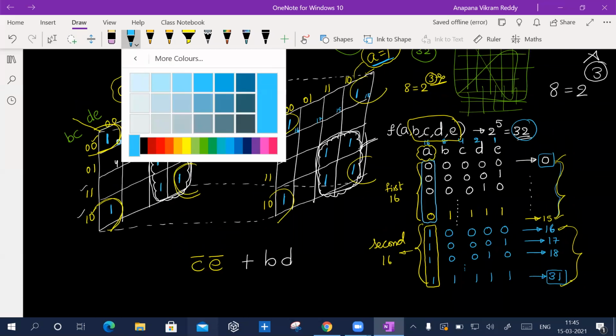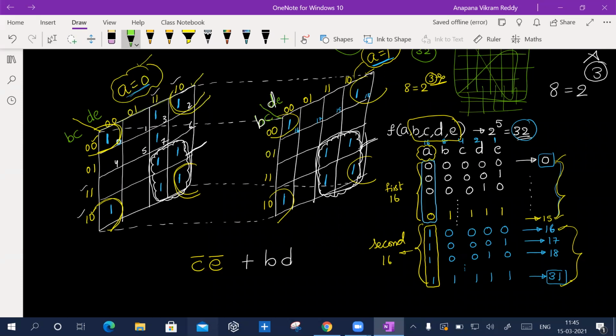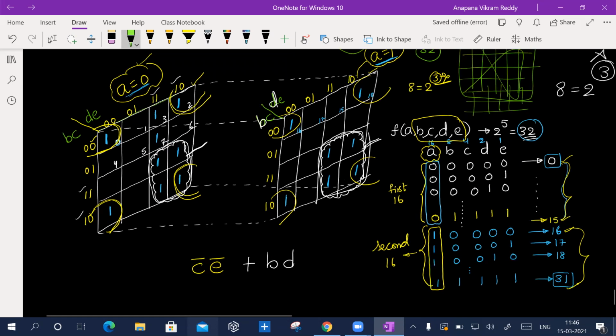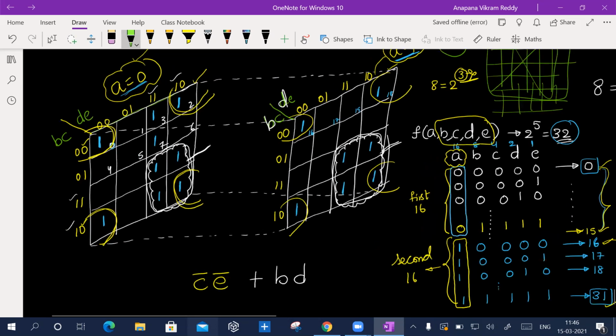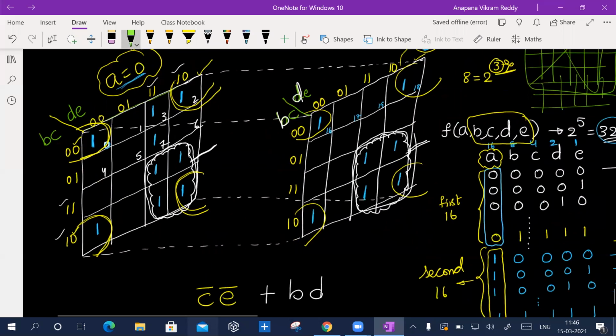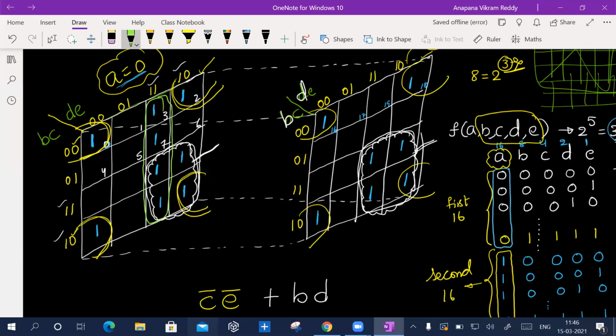Yes, sir. So I hope everyone is able to understand this. If not, please tell me. I can explain this again because you should not skip this. Okay, see this one. This is more possible. So I can take a pair between 3 and 7, but more than a pair, I have a chance of a quad.